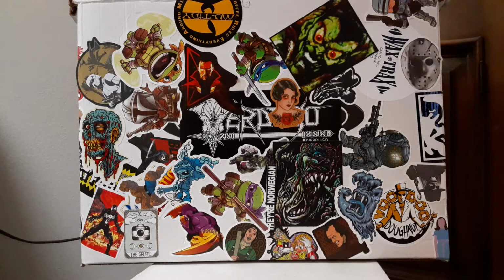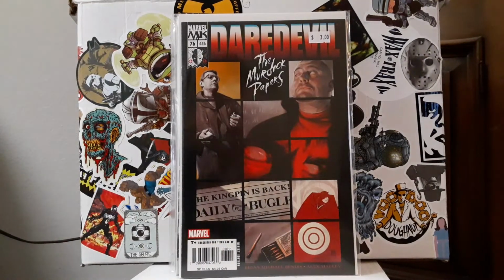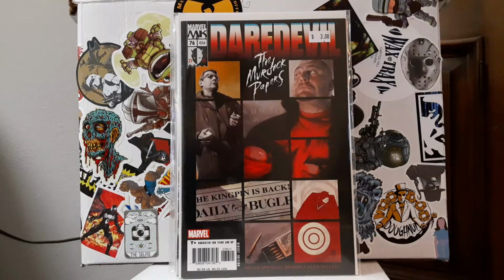So yeah, when I went over to Vision Comics and Oddities, and they said they got that 50% off sale, I was like, oh damn, so many comics. I was going through my spreadsheet, and for some reason I was checking out volume 2 issues of Daredevil that I have, and I got a couple that came out before issue 26 when the Bendis Maleev run kicked off, but it's really the run that really got me geared up to getting back into comics. That was one of the earlier moments with Bendis that I really enjoyed, but that decompressed storytelling that he follows